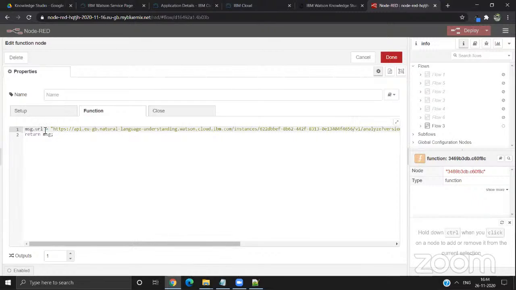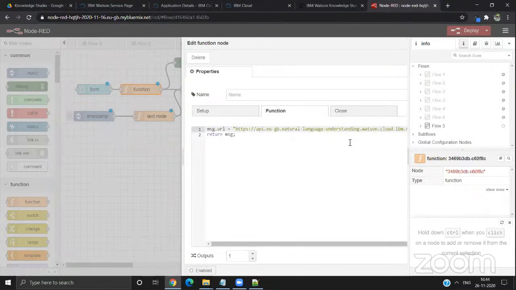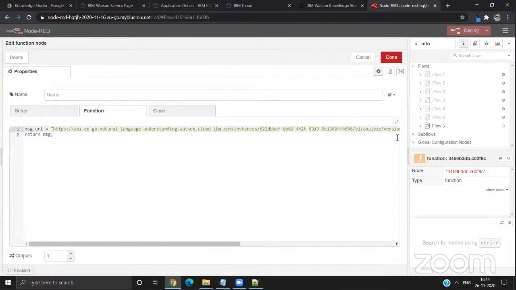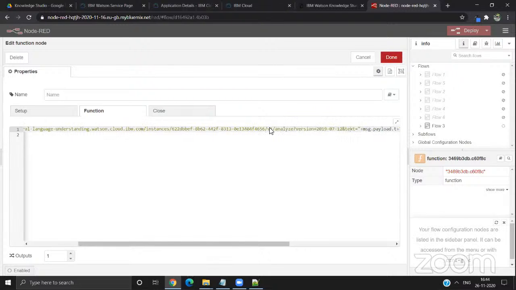Yes. You have a message.url. If you open this function node, in message.url you have a big URL like this. If you look in between the URL, you will have /v1/analyze?version equal to something. Are you all able to see this? Let me know in the chat. Whatever URL is present before